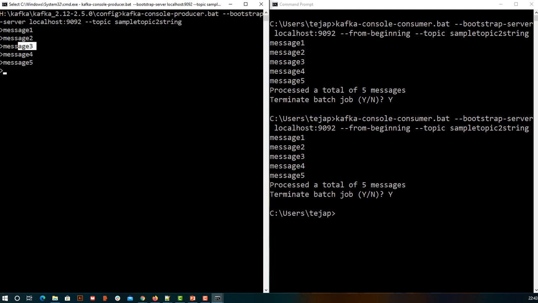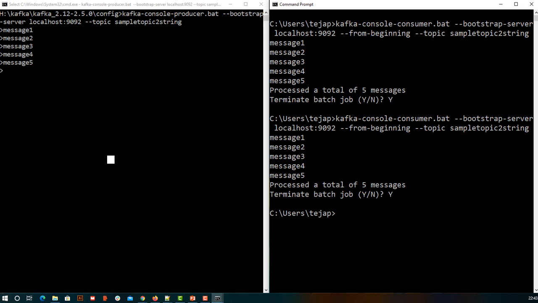When you are producing something on the Kafka queue, the default serialization is string serialization, and when our consumer is consuming, the default deserialization is string deserialization. We can define our own based on the schema that we are using, but as of now, just be clear with the concepts of producer, consumer, Kafka server and Bootstrap.